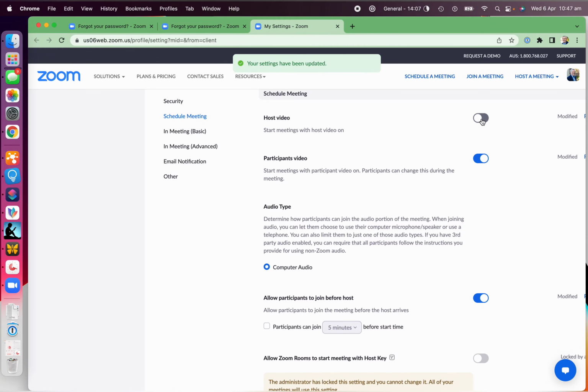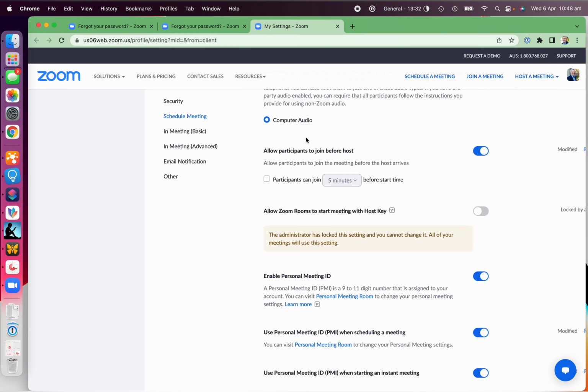And then when your video is turned off in Zoom, your profile picture, if you've got one, should turn up, and if you don't have one, it will be your initials. Same thing with participants. You may set it so that when participants join, their video is off, and then they specifically, when they're ready, have to turn on their video. Okay? Up to you. I'm happy to have both my video on and participants' video on.